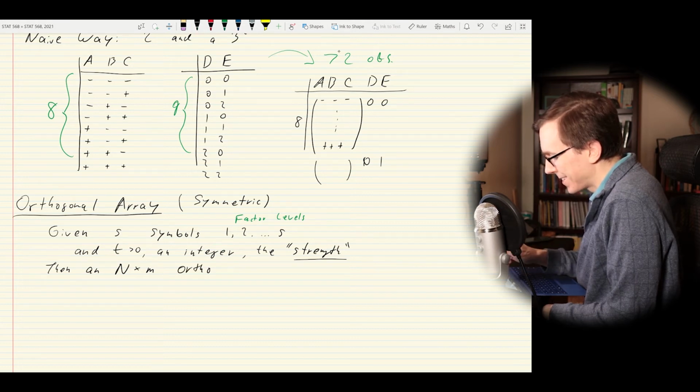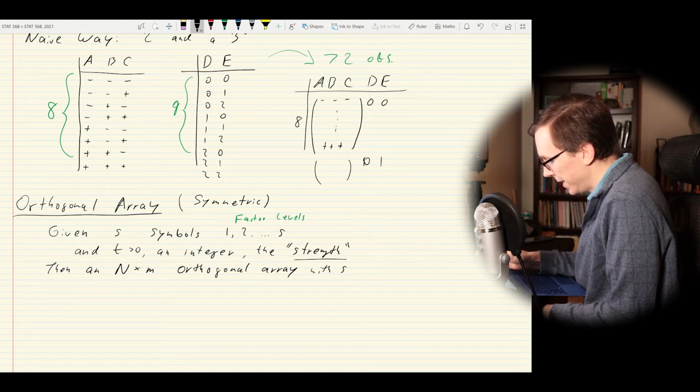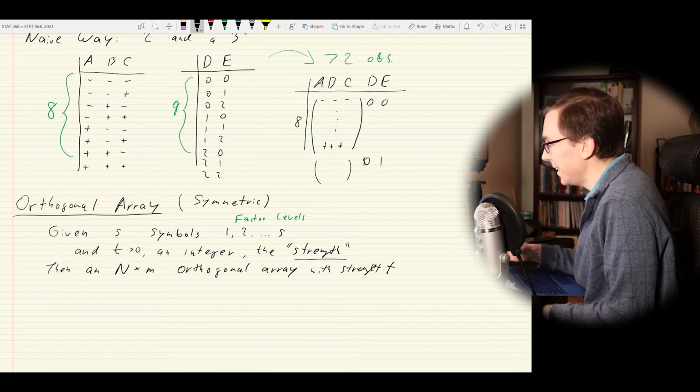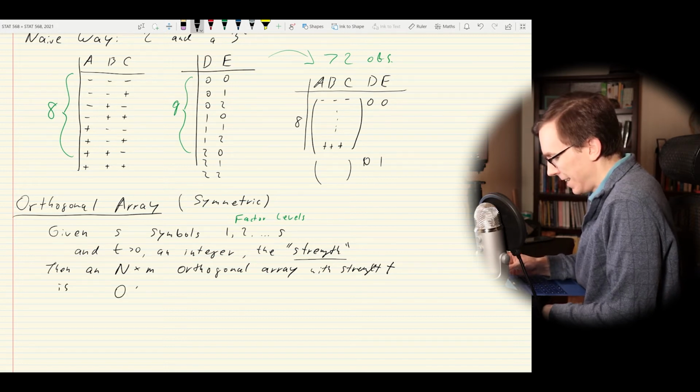orthogonal, I'll just write it all out. Make sure I don't miss any steps here. Orthogonal array of strength T is denoted to be O, A,